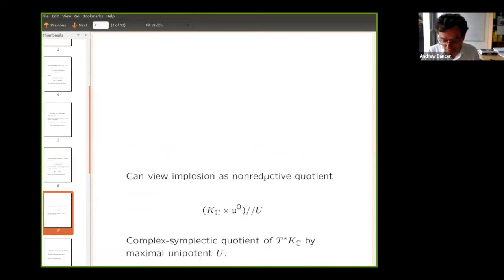So this all works out rather nicely, and fits in very nicely with the theory of the Springer resolution, for example. And as I say, it's actually now a general theorem by Victor Ginzburg and Simon Riche that the non-reductive quotient that I have here is well defined as a variety. We do have finite generation for the ring of invariants.